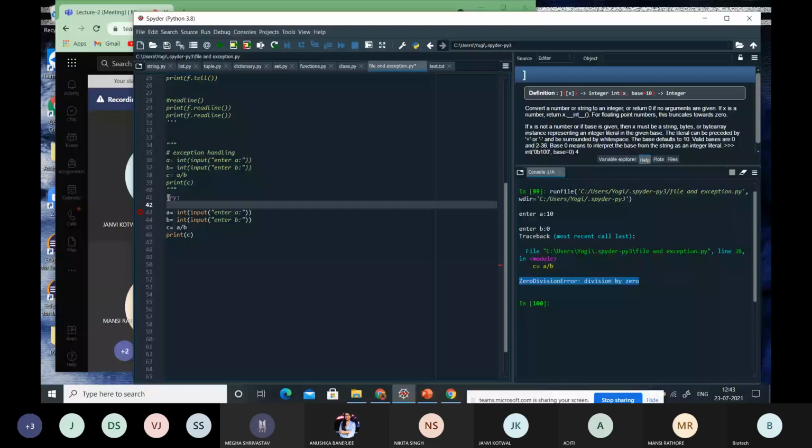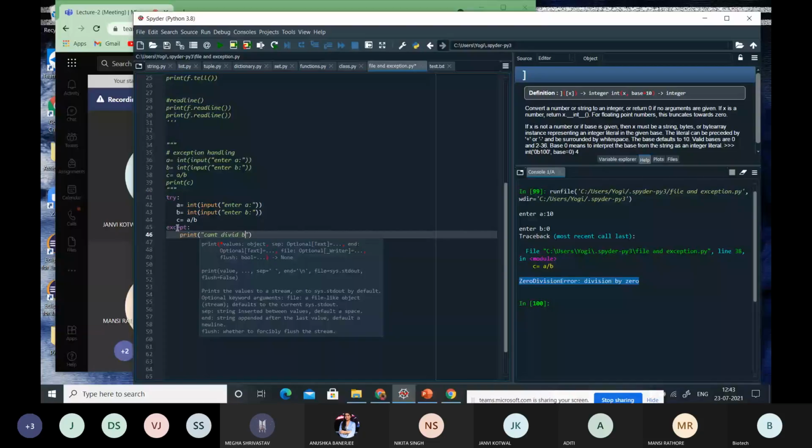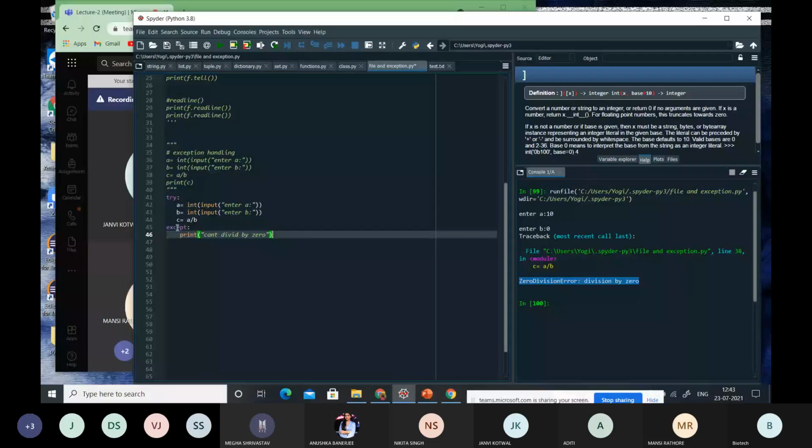So now what I am doing, after that I'll write the except, where I'm handling the exception: print can't divide by 0. This is the exception I have created. In case I give values normally, it is going to give me the result, right?